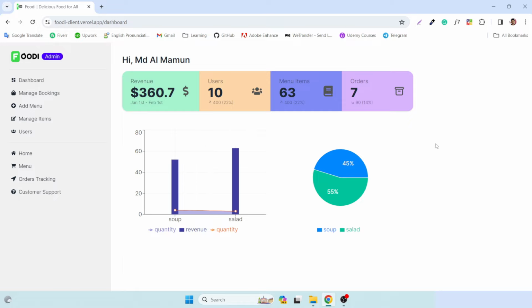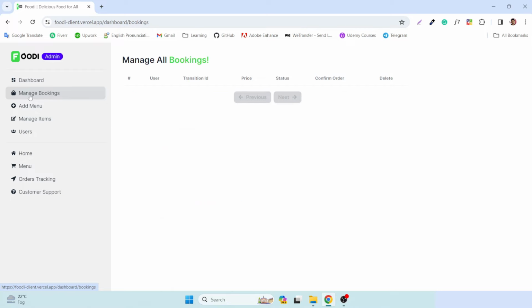We have to make this type of dashboard here. Actually, we need to show graphs and some things, and here we have to show total revenue. Only the admin gets access to these dashboards, and here we are showing how many menu items are published and the total orders. So we will make this type of thing, and we also have to make this manage bookings page, and